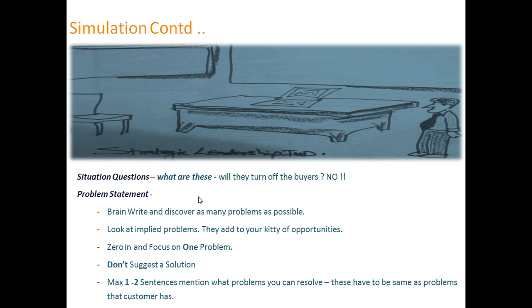Now, how do you do this? Say 4 or 5 of you get together, that subgroup which we've defined, and you start doing the internet research on whoever your prospective client is. You try and understand what their challenges could be with the current business structure, the business model that they're following, the kind of industry that they are in. Which of these problems can you resolve, or can you at least hope to resolve over a period of time with whatever solutions you have got ready within the organization in today's date?